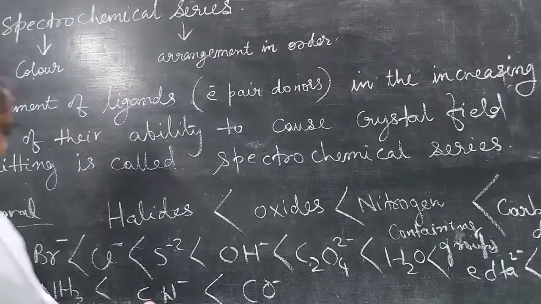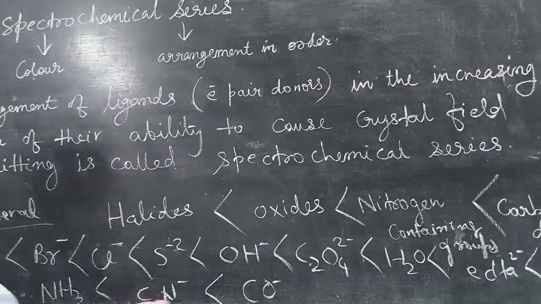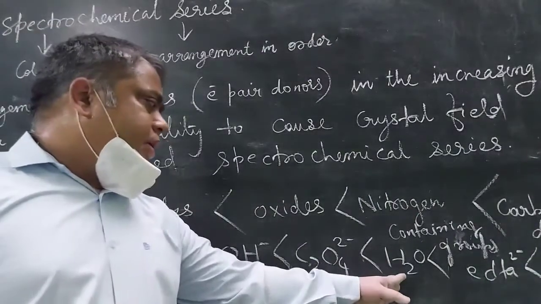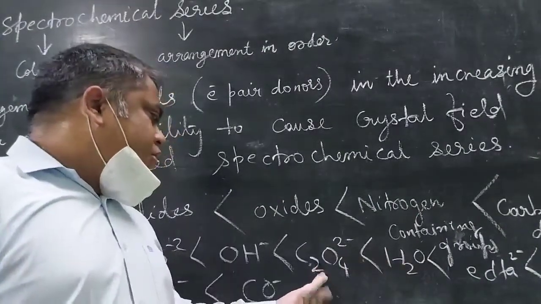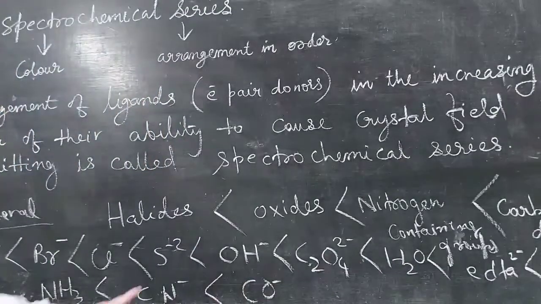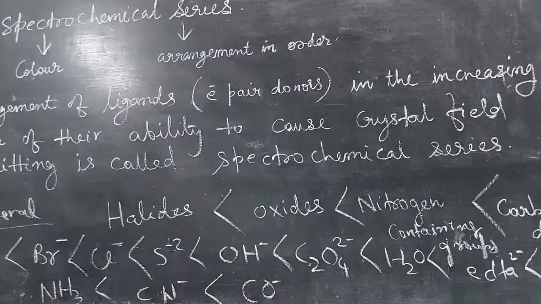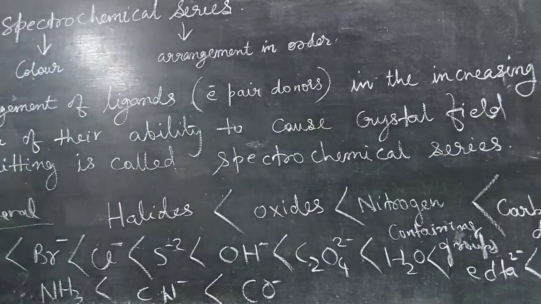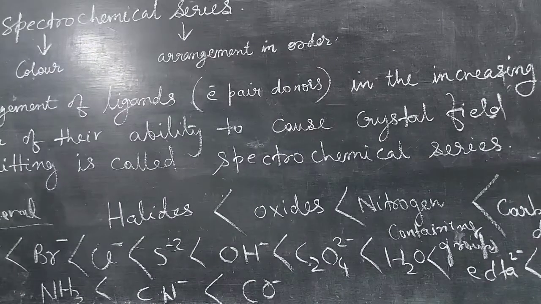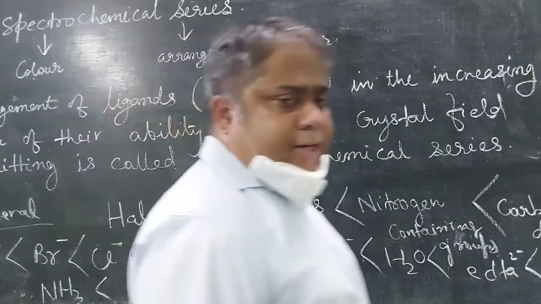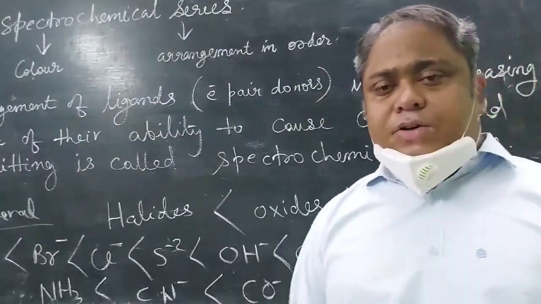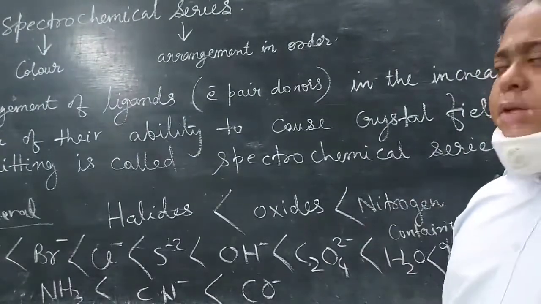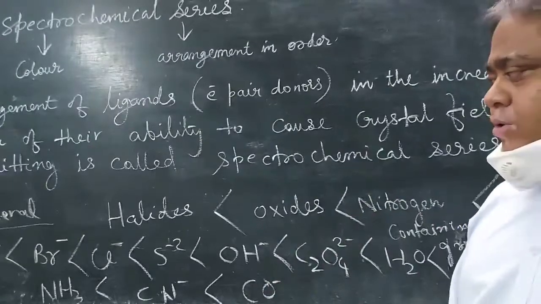So these are strong ligands. Carbon donors, nitrogen donors are strong ligands. Water is an oxide. Oxalate is also an oxide. OH is also kind of oxide. Sulfide. These are weak ligands. Okay, so it is an arrangement from weak ligands to strong ligands. Now, strong ligands, what do they do? They have the ability to push the unpaired electrons in the d orbital inward. So they form inner orbital complexes, they form diamagnetic compounds, all that we will be seeing.